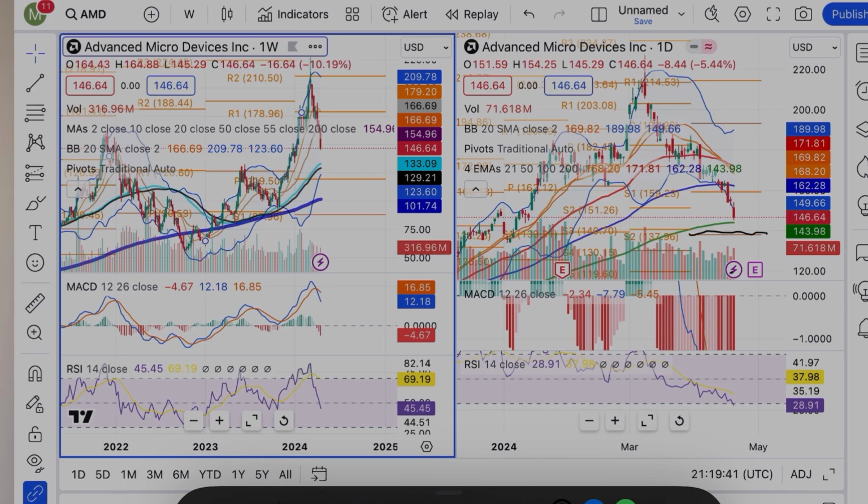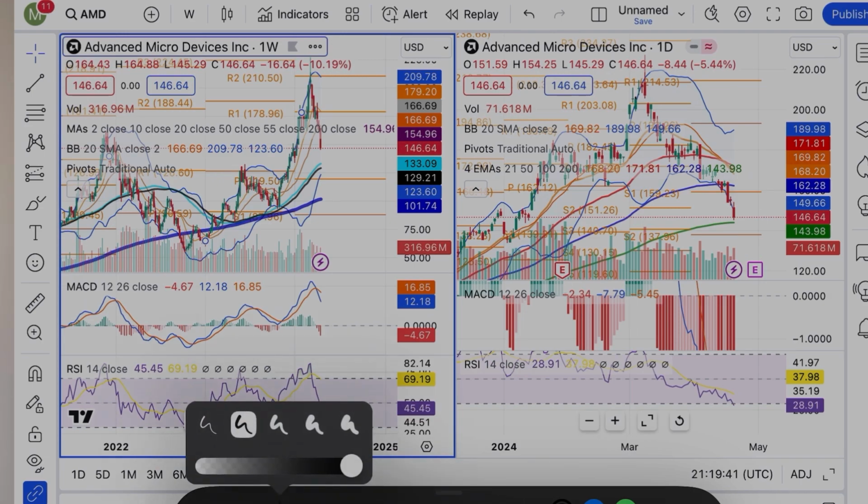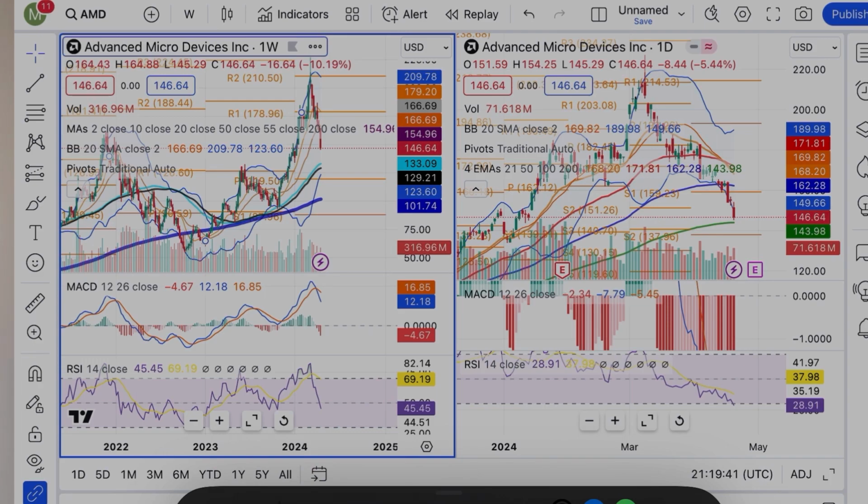Yes, it is. The 200 MA is a strong line of support and resistance, but we also got a pivot point right here. So the 200 MA is probably going to come down to this point right here and then start an upward motion, being that stocks are going to report earnings soon, right? But if you wanted to play a swing on AMD, it's looking pretty swing worthy at